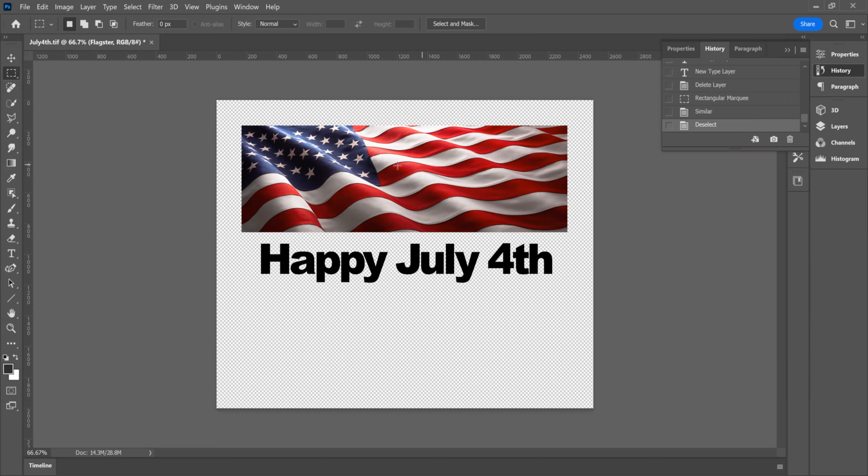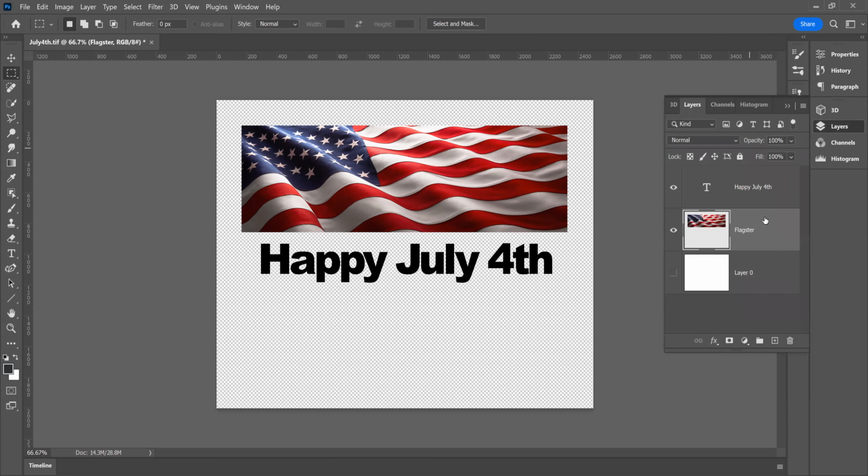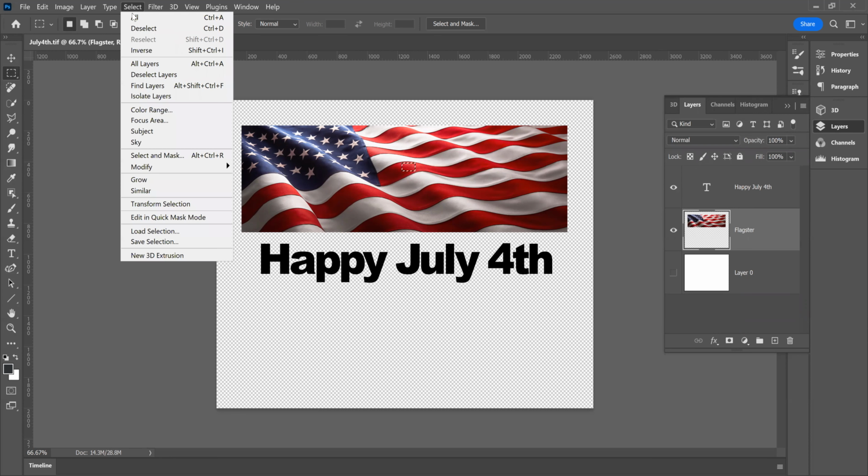Oh, I know what I was going to do. So now let's look at the flag again. And I have to make sure I'm on that layer. So I'm on the flag layer. I'm going to use that same tool in select. So I'm going to take the rectangular marquee. I'm not going to play with text. Here's what I'm going to do. I'm going to take this red area, and I just made a marquee selection. That's looking at the red area on this flag layer. And then I'm going to say, select